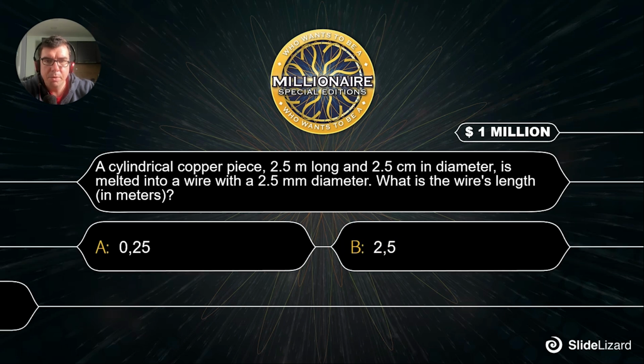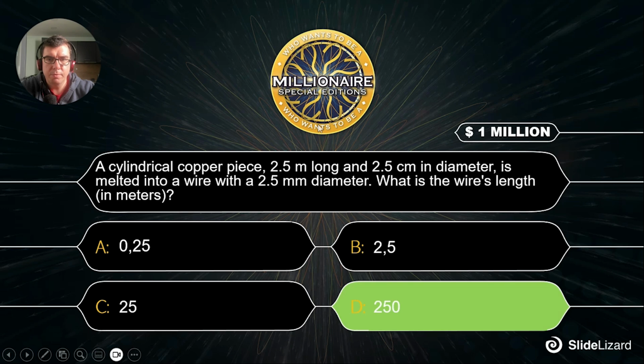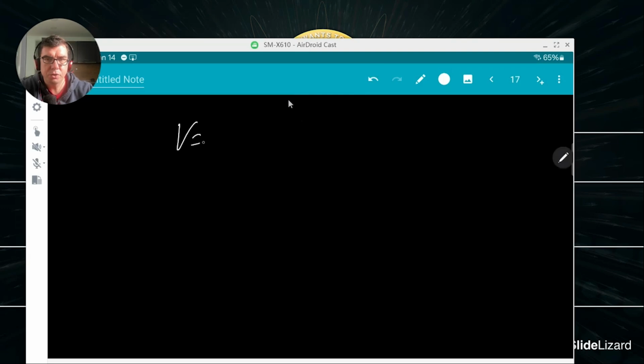A cylindrical copper piece 2.5 meters long and 2.5 centimeters in diameter is melted into a wire with 2.5 millimeter diameter. What is the wire's length in meters? Did you find D, 250? 250 is correct. This one is very simple if you know that when we melt the copper piece, its volume doesn't change. The volume, which remains the same,